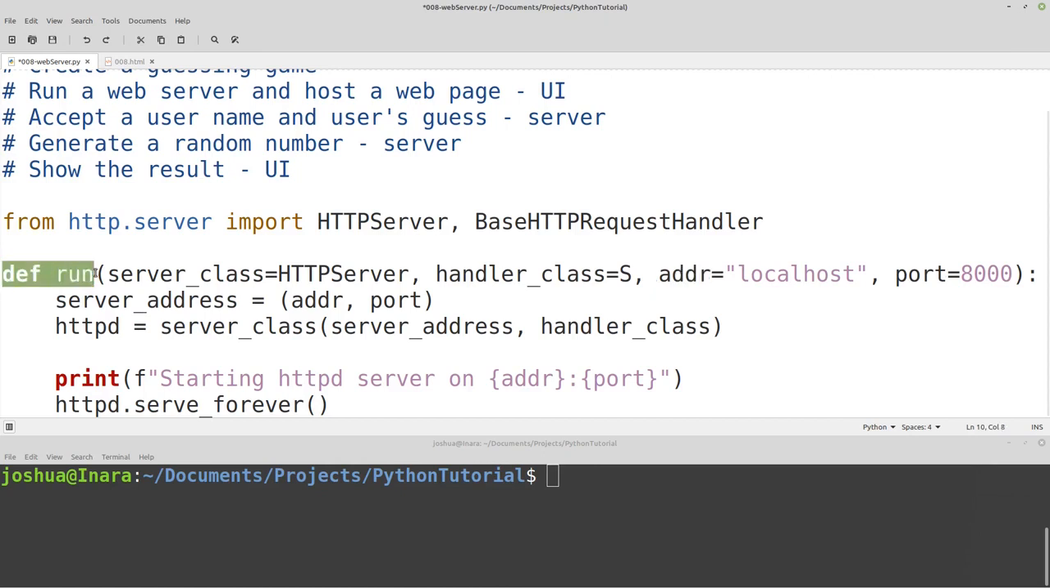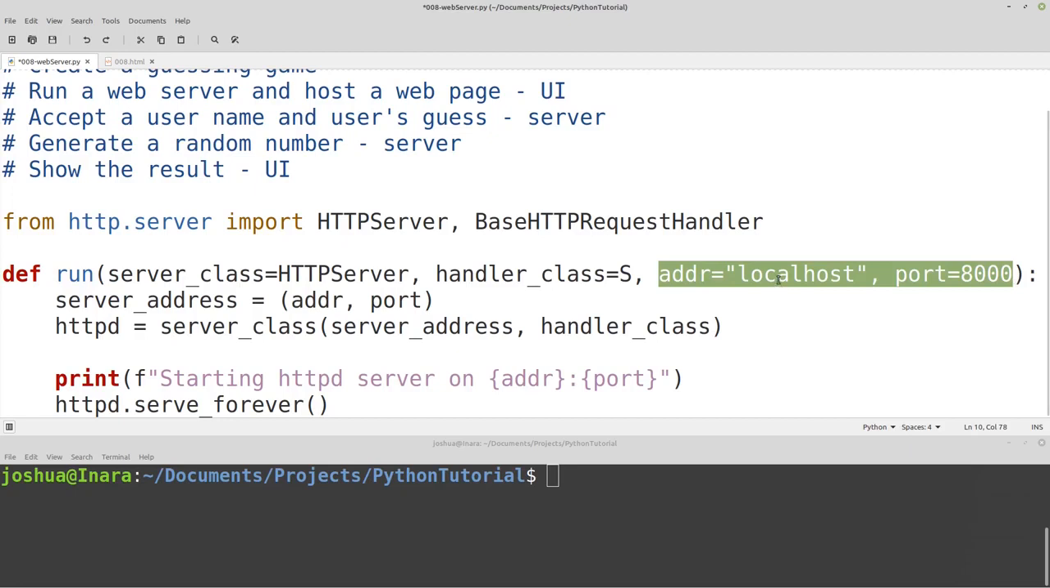Def is a function, run is a function, and def says that we're declaring the function. And then you can see that the function begins over here on the right. So next we have server address equals address and port. Okay, so ADDR and port are both variables, and they have already been assigned values over here: localhost, your own